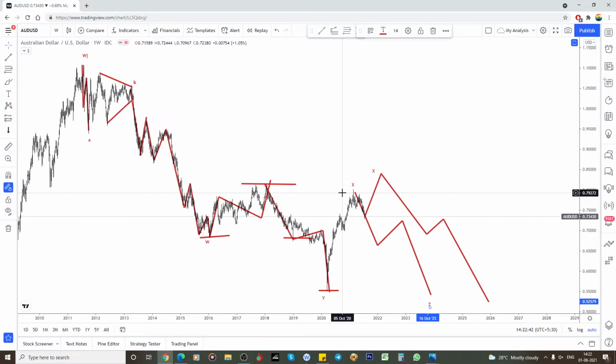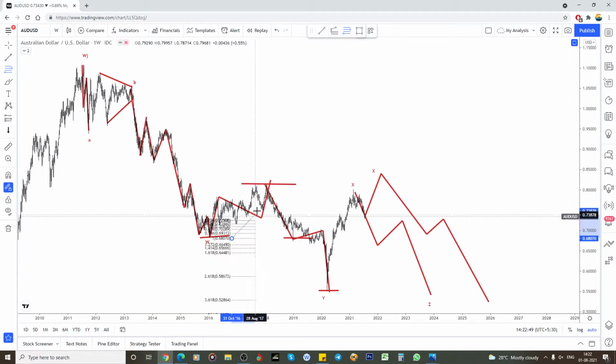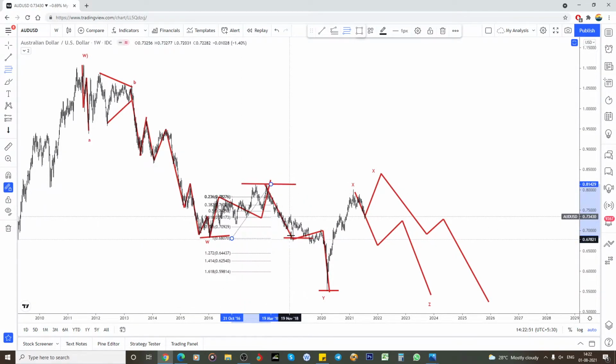So what are the possibilities? This is the one thing I need to explain to you here. See, if it is an expanded or irregular flat formation, it is only 1272 and maximum 1414 that is available. And if you are following me, I have shown several times that it could break the 1618 also sometimes, and again it will come as an irregular flat formation. So this is the corona drop, this is an uncertainty.